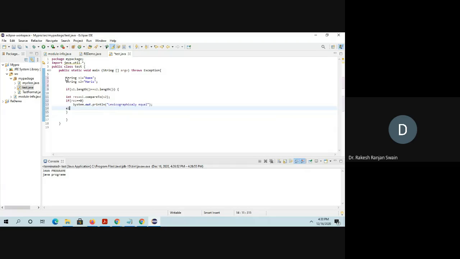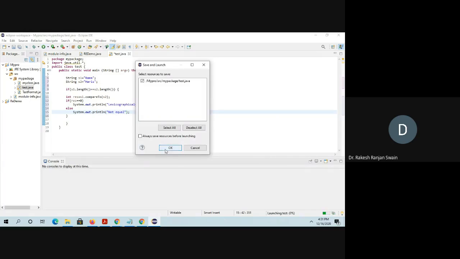Otherwise, not equal. Simple program. So here see the two are compared. Rama and Haris, these two are not equal, that means this statement will be printed. Let's see.